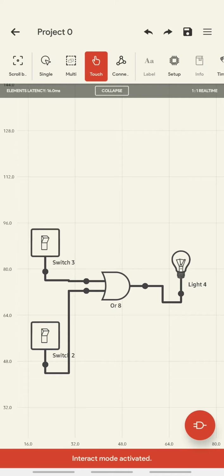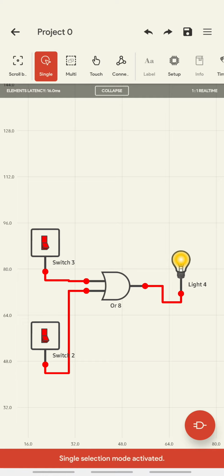So if any of the input is 1, output is 1, means if any of the switch is on, this bulb should glow now, right? So you can see this, it is 1 0 or 0 1, anything you can consider. If any of the switch is on, this LED or bulb is on, right? So this way we can verify the OR gate also.